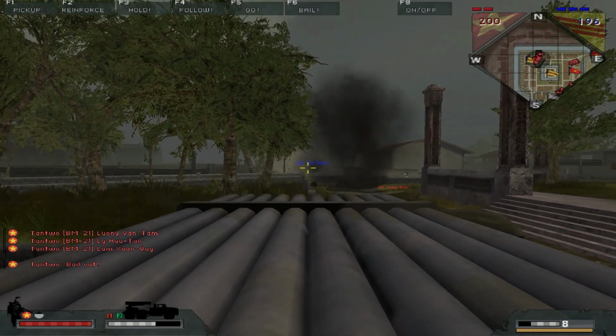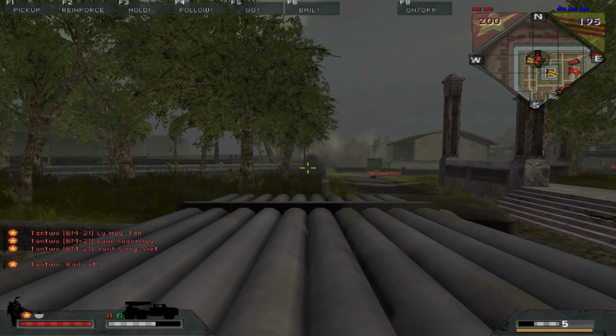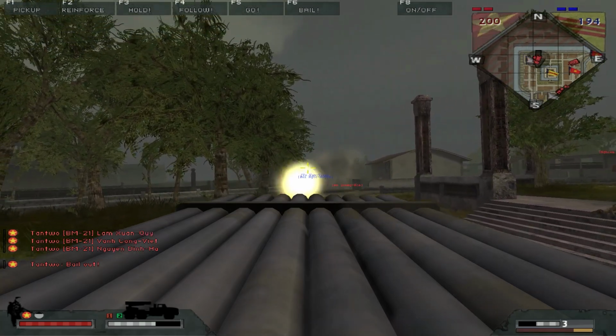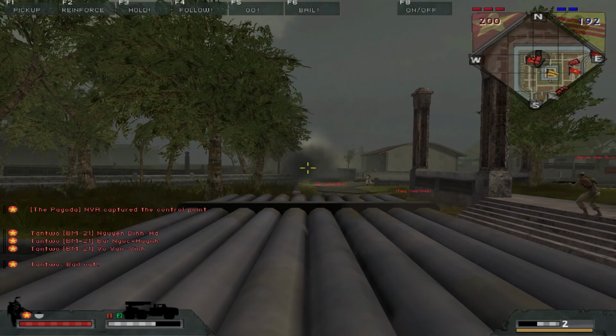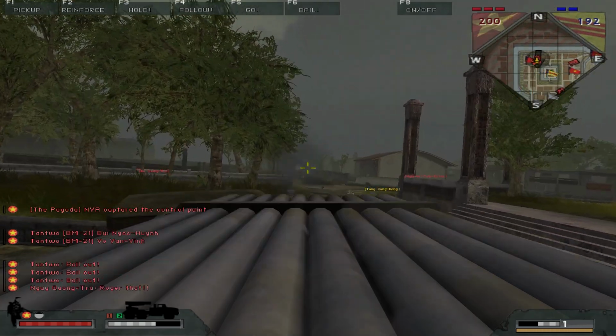So the latest update on this was released on the 3rd of August, and they do say that he is going to try and update us every Monday. Whether he does that is up to him. But the latest update focuses on the M79 grenade launcher, and we know in Battlefield Vietnam, this gun can